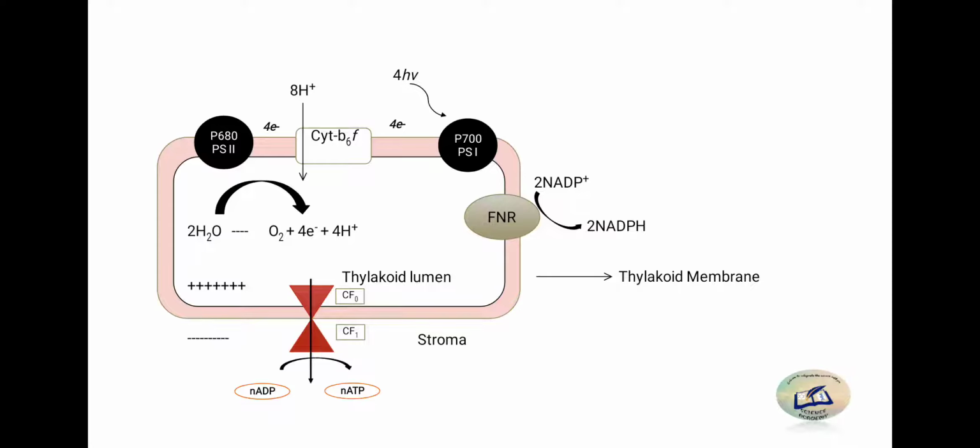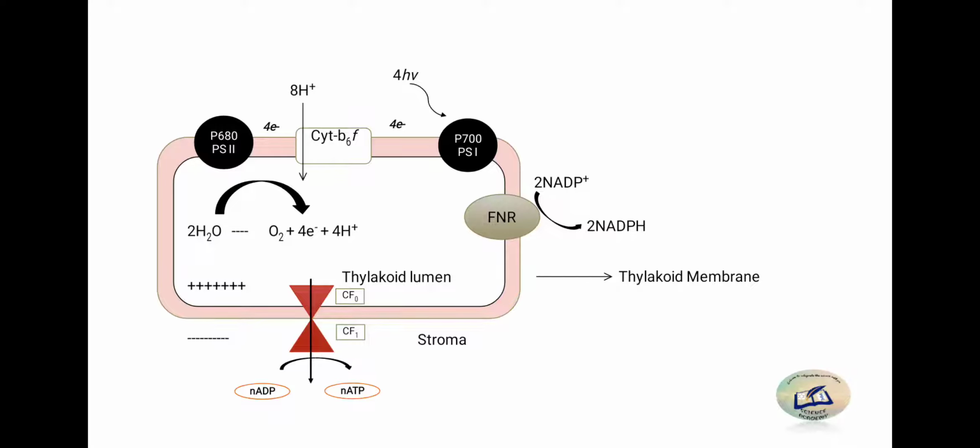Okay, so now the electron pair which is transferred from P680 to P700 via the non-cyclic process, we have to replace this electron pair because this process is continuous. So what happens? Photolysis of water occurs. I have mentioned here 2 molecules of water yielding 1 molecule of oxygen, 4 electrons and 4 hydrogen. Here 2 molecules have been taken, you can consider 1 molecule while talking.